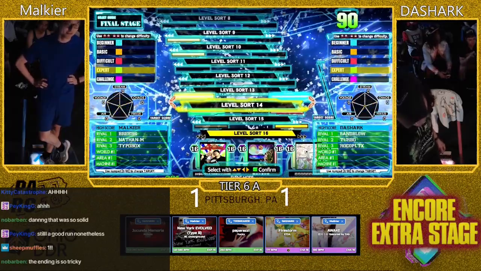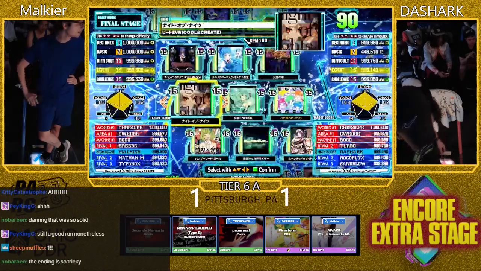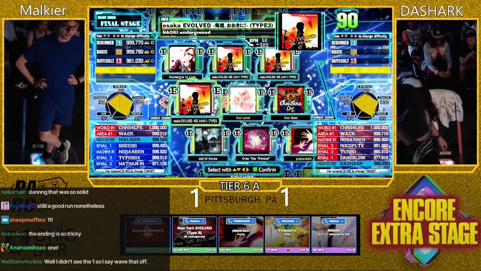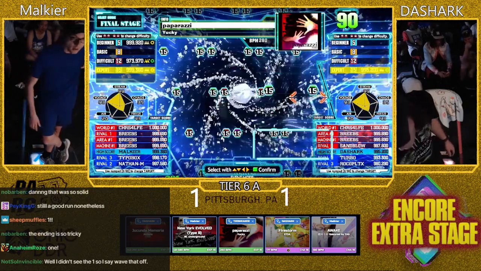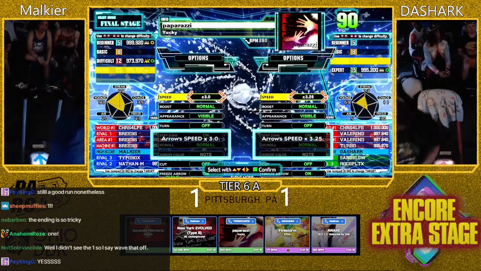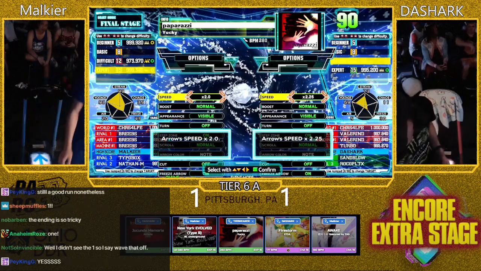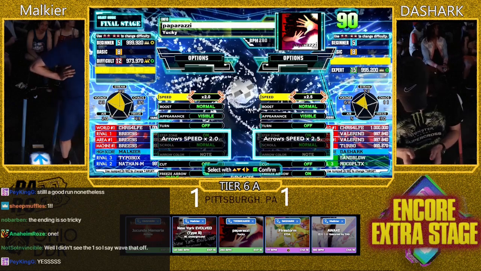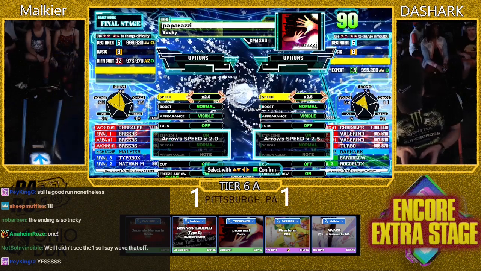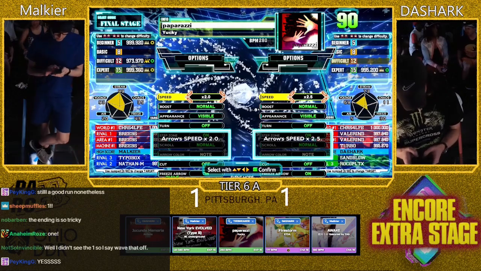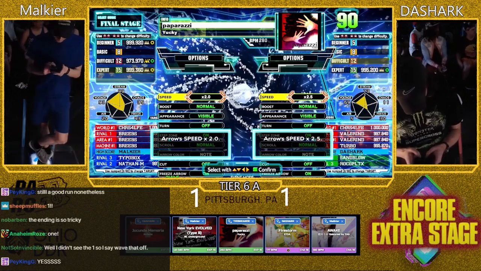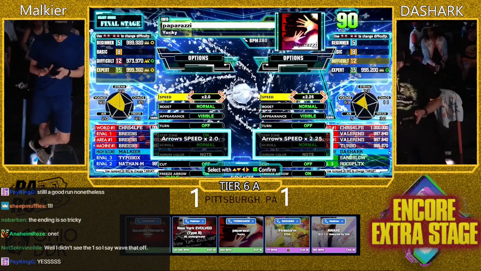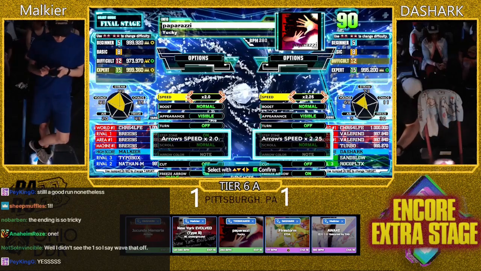which is Paparazzi. Now this is another one with a weird BPM. Very interesting, very weird time signature. Yeah, absolutely, and I think it's another one where you're not really sure what you're supposed to do in terms of double stepping or crossing over, and when you get to the quieter section, that is really hard to time because it doesn't actually give you that many fewer notes. There are some breaks between the streams, but the streams are just as fast. There's just no musical cues really to follow along to. So timing that middle quiet part is going to be, I think, the most interesting thing to watch between these